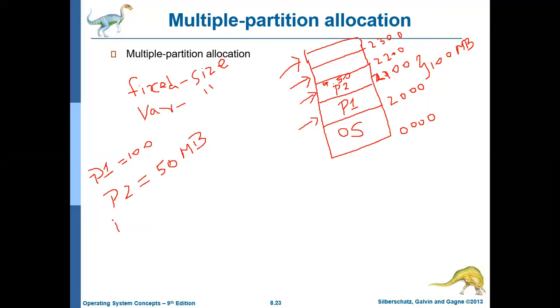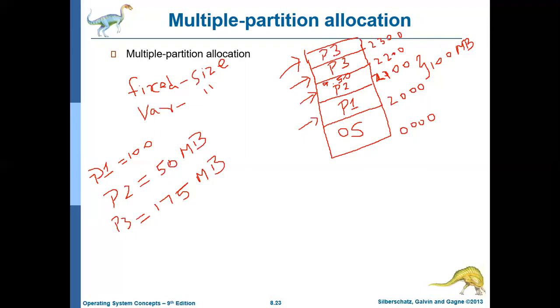Next, another process, P3, comes. P3 needs 175 MB of memory. The operating system will allocate the next slot for P3, but it has only 100 MB, so it will allocate another slot also for P3.